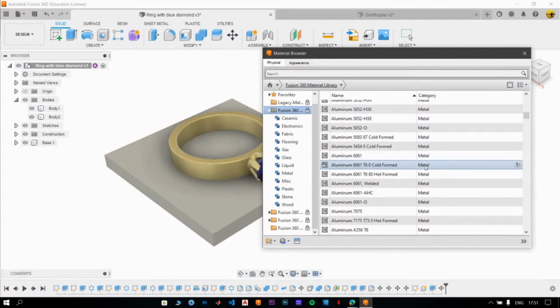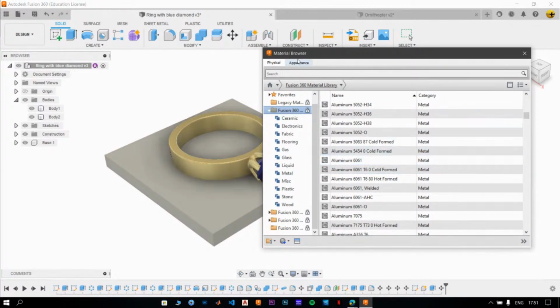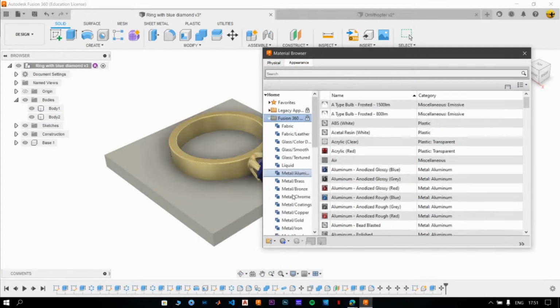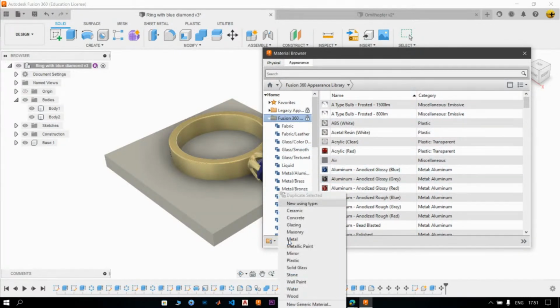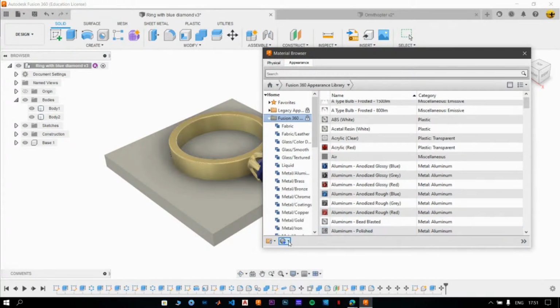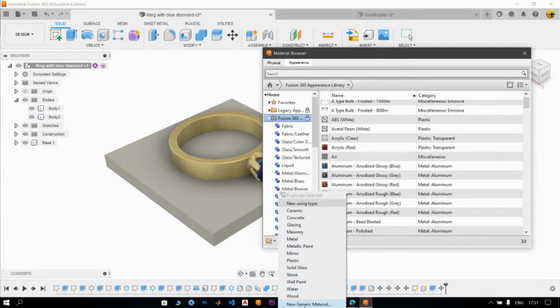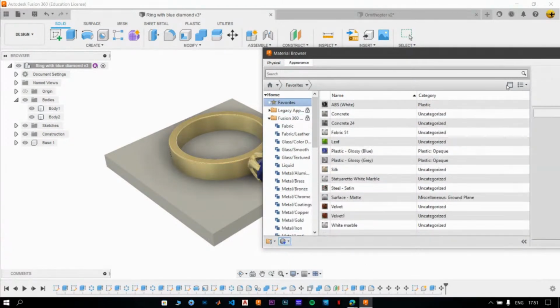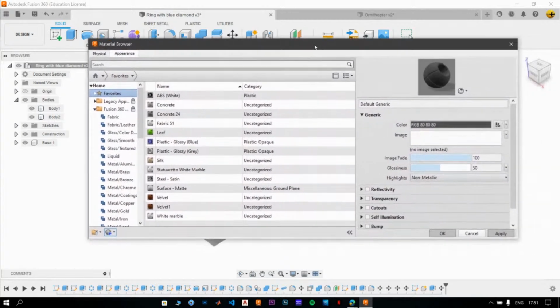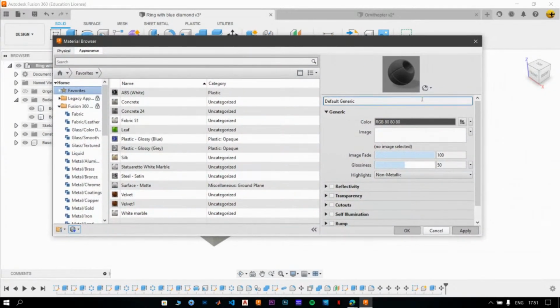We are now adding a custom material of our own. So you can go to the appearance tab over here first of all, and once you go to the appearance tab, you can get this button at the bottom. If you click on this drop down, you get this option of creating a new generic material. So just click on new generic material. If you take this window over here to the side, as you can see, we have the name as default generic. I'll change it to marble